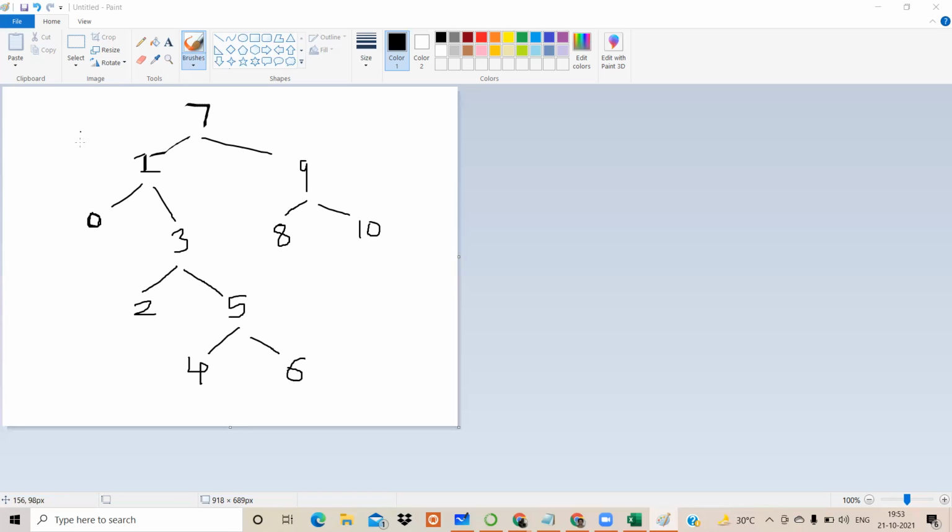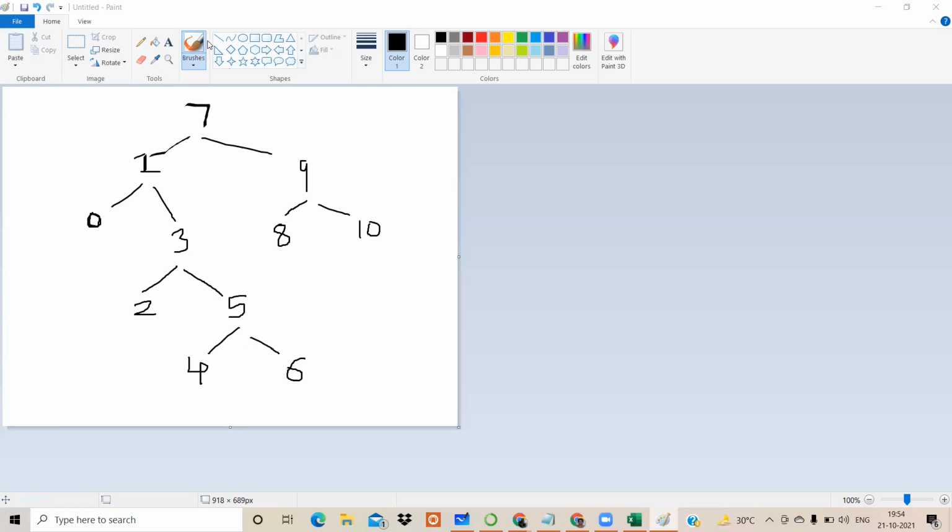This 3 to 5 itself is a tree and that's why it goes towards the left of the current root. See, 0 is traversed, 1 is traversed. 1 was the root, so it went to its right, but on its right there is already a tree. So if it is a tree, then it has to traverse as left, root, right. So after that 2 will go, then 3 will go. When it sees 5, it will check that 5 itself is a tree. So 5 will not be printed first; what is on the left of 5 will be printed, that is 4 will be printed, then 5 and then 6.